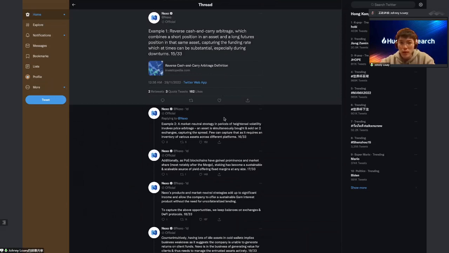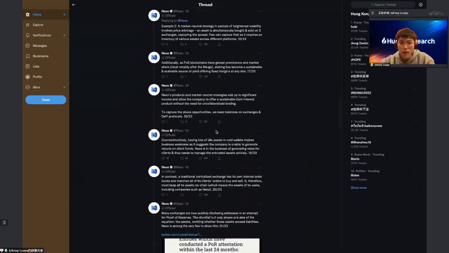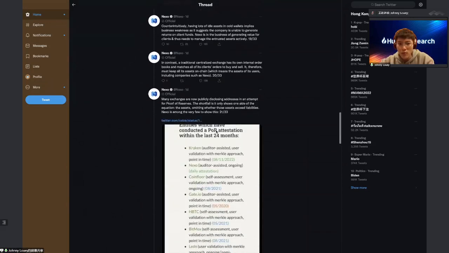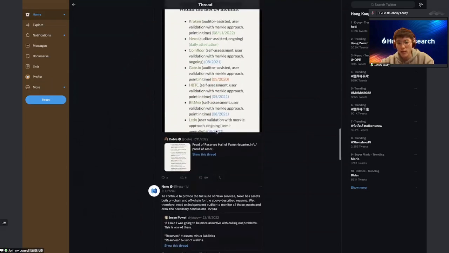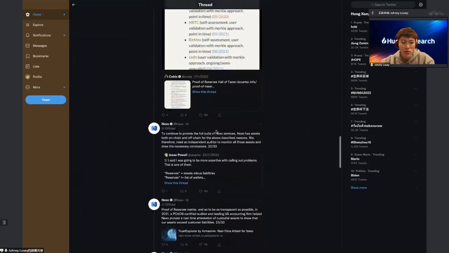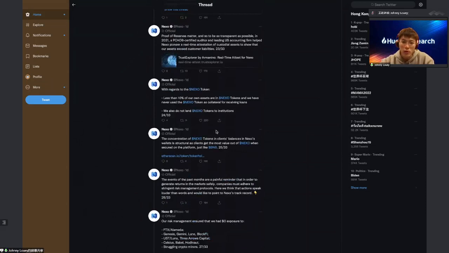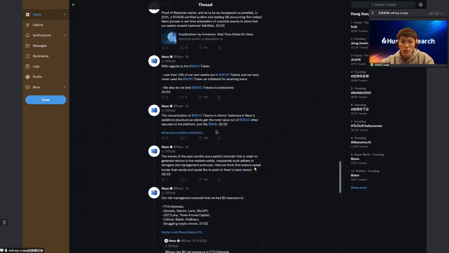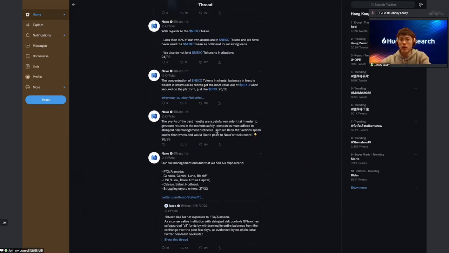So basically, they are laying down their money-making strategies here, and they claim that they earn money through these strategies, and they have been profitable, and they are not doing risky stuff like lending out illiquid Nexo tokens. So if you are a user or a customer of Nexo, you should check this out because you might really want to study their policies and their business strategy and model very carefully to evaluate if the risk is bearable or not. But right now, what they're saying is very positive and optimistic.